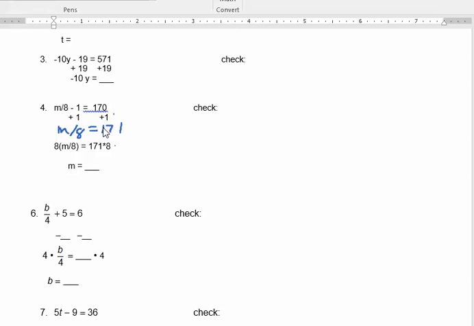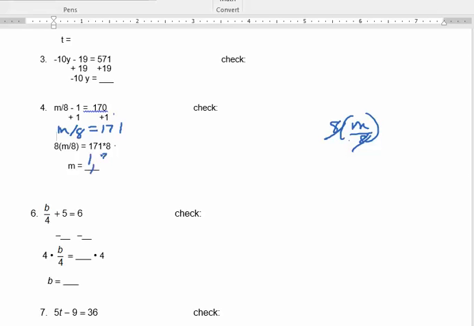Now my next step then is to multiply both sides by 8. So once I get 170 plus 1 is 171, now I'll multiply both sides by 8. That's what I was showing in this line. So if you were writing it, it would look more like this: 8 times m over 8. And 8 over 8 cancels, that's just 1. So I get m equals, and then I'll use my calculator, 171 times 8 is equal to